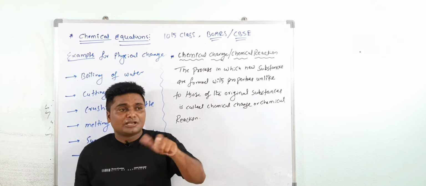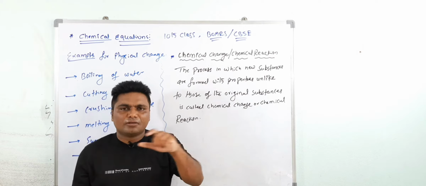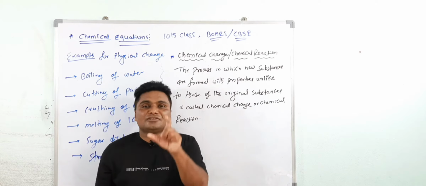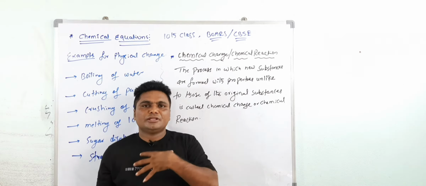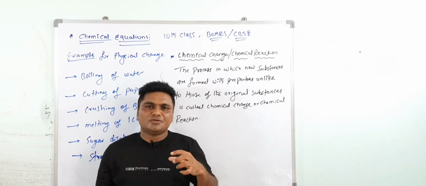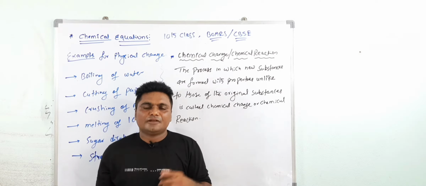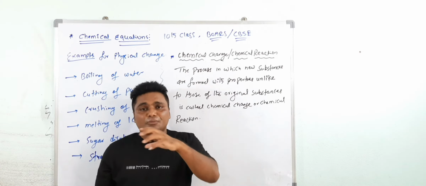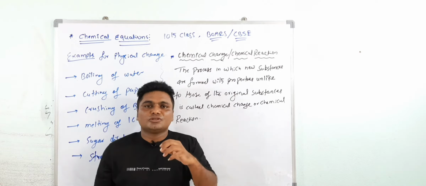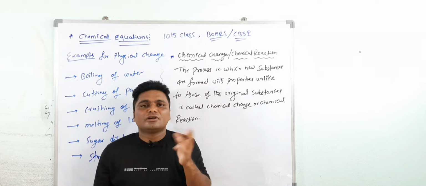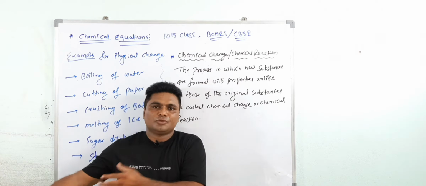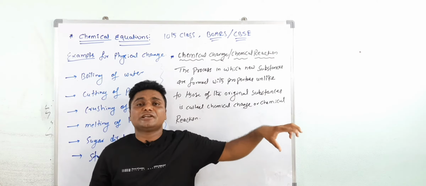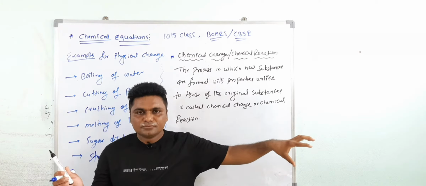Chemical change is a permanent change. Most of the chemical reactions are permanent. Some processes are reversible processes. For example, digestion of food. If you eat the food, in our stomach it undergoes digestion by using different catalysts, different enzymes. Finally that food is converted into glucose. That glucose is absorbed from our stomach through the villi into our blood. You cannot convert that glucose into the food again, because that is due to the chemical change. The original product is converted into a different product. That product has different chemical properties than the reactant. Are you getting my point?